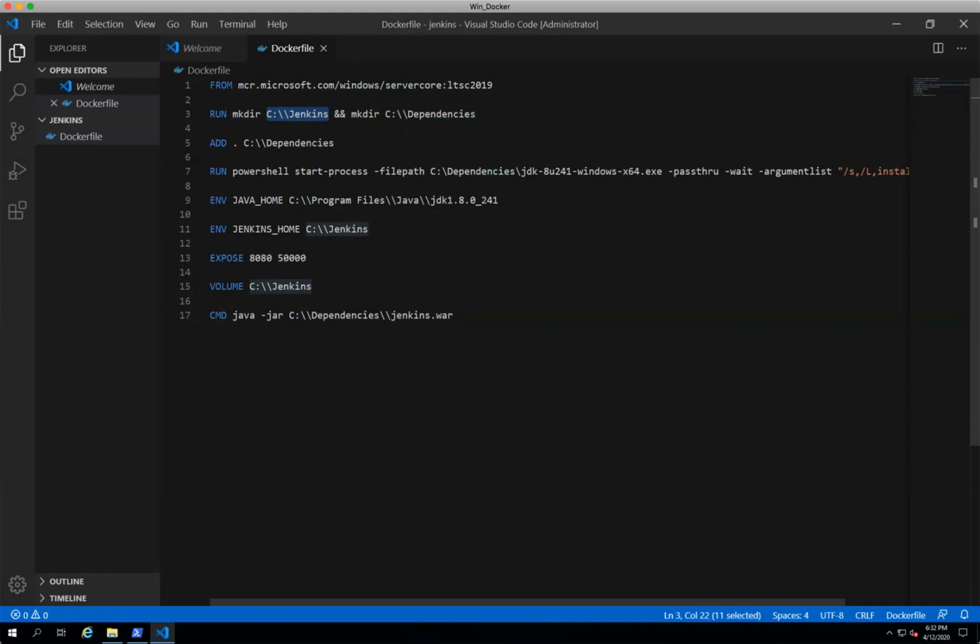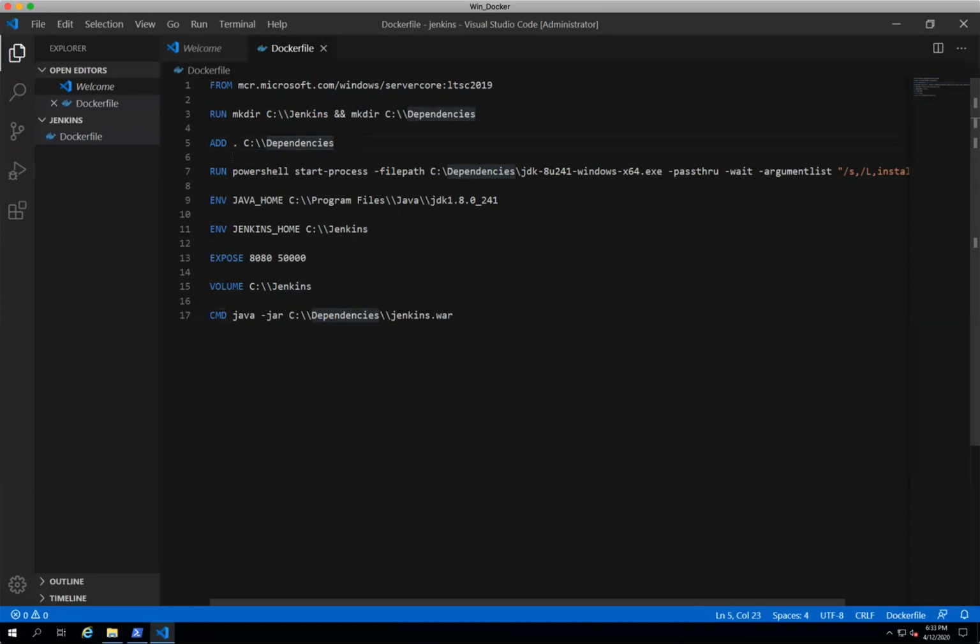First of all, we need to download the required software to our host operating system. And then with this ADD instruction, we'll add all the files from your host operating system to this location. All right. So for this Docker file to build, we need the Java binary, and then we need to download the Jenkins war file, right? So first we'll download those things and copy them to this location.